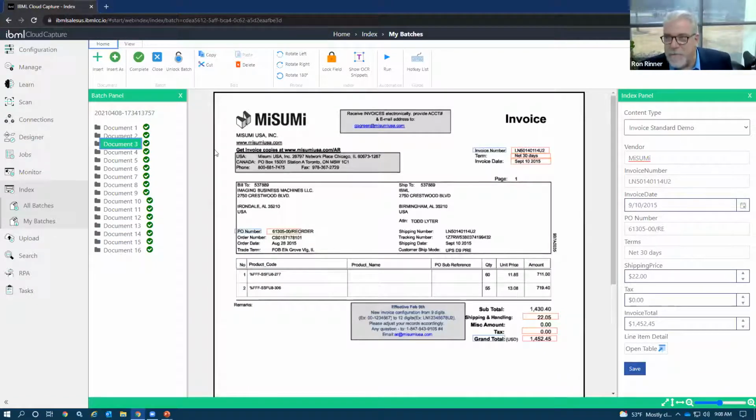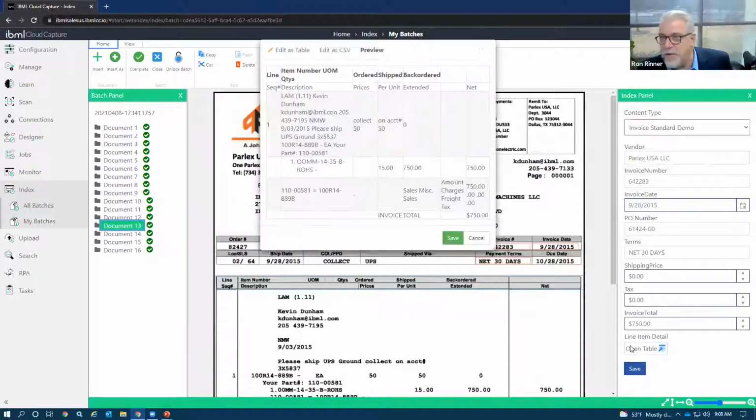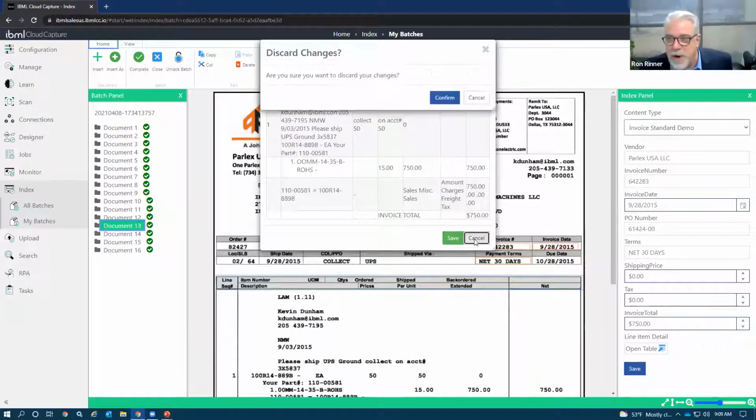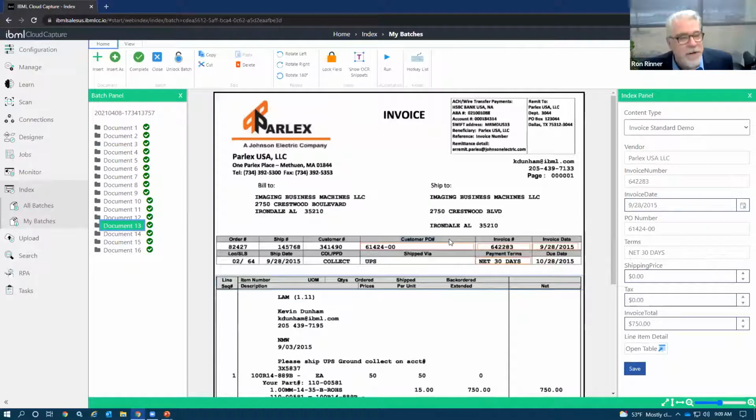One last item very quickly. Sometimes in processing invoices, what our customers will want is the ability to look at line item detail as well. So what the software does automatically, if line item is desired, is detect where that line item grid is, pull all that data in, and then have that data available for our clients to go through. Let me just hit save. Go through and parse out the pieces that they need and use those, transact those into whatever that line of business backend system happens to be.